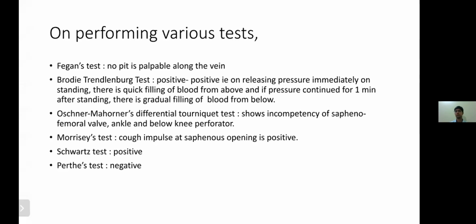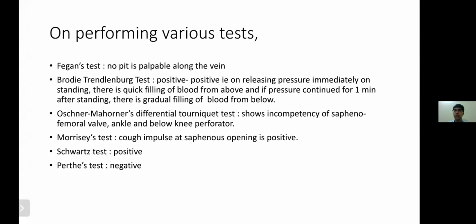It is located 3.5 centimeters down below and lateral to the pubic tubercle. How do you find the pubic tubercle? These are standard questions. You should know that. If you do not know that, there is no need to know hi-fi questions like CEAP classification, the pathophysiology, fibrin cuff theory and all those things, or the treatment part. So these questions are the must questions in clinical examination. SFJ is 3.5 centimeters below and lateral from the pubic tubercle.